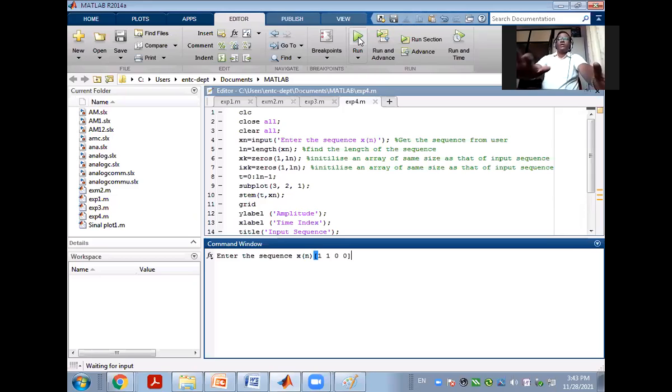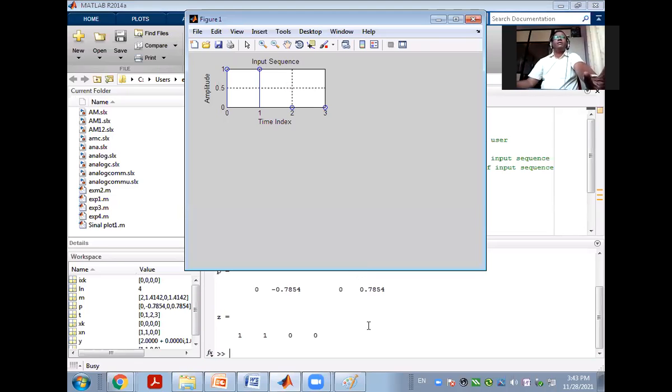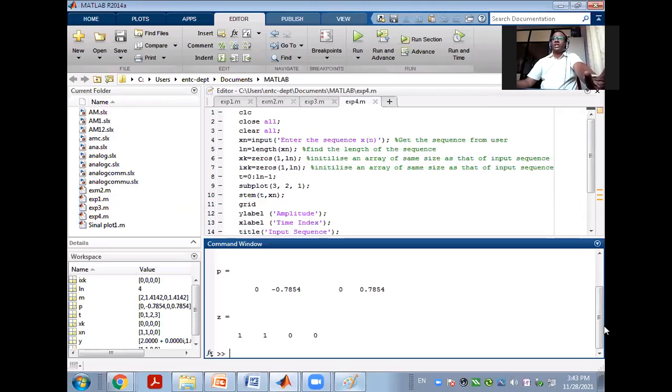Right. So here you have to be careful that you enter the sequence xn. यहाँ पे equal to लिखना जरूरत नहीं है. Right? अगर आप equal to लिखेंगे तो वहाँ पे it will show an error again. Right? So this is our answer. अब आंसर चेक कर लो अभी. So we got, okay, this is magnitude and this is the phase part.